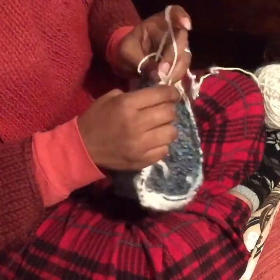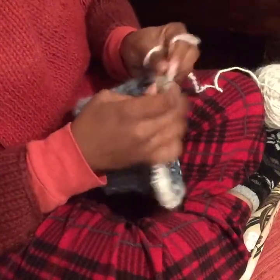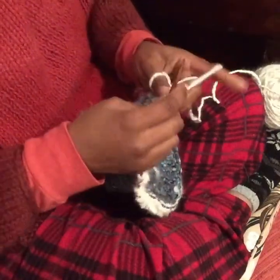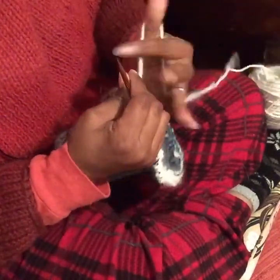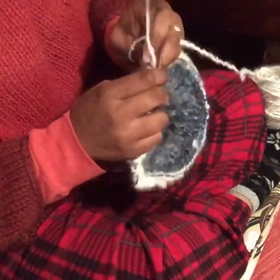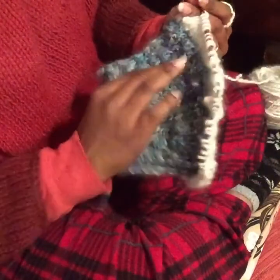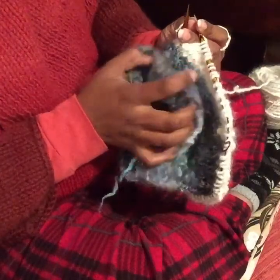Alright, so I have gone from my blended chiengora yarn, making up my cuff, and now we're going to just go to my pure chiengora yarn. So this is all just undercoat. If you want to look at that, all of this is just the undercoat of a dog, the brushings, the sheddings when they blow their coat. Nothing else is added for this. I'm doing this because I love to be able to show that off, but I also like to show off, you know, my nice brim. So when this is done, this will be able to get folded up, and then you'll see the highlights of all of that, and then that white